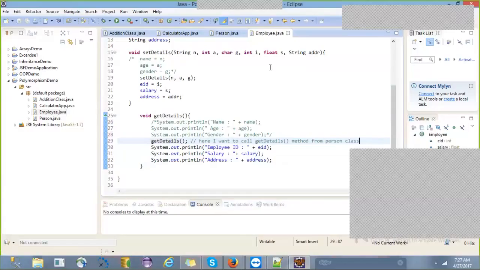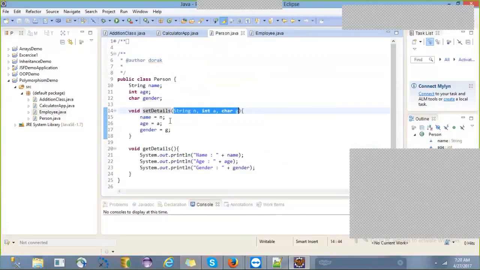Now let us write the main method, and here you observe what we have done. In the subclass I am writing void get details. In the person class also, we have the method void get details: the return type, method name, and number of parameters.